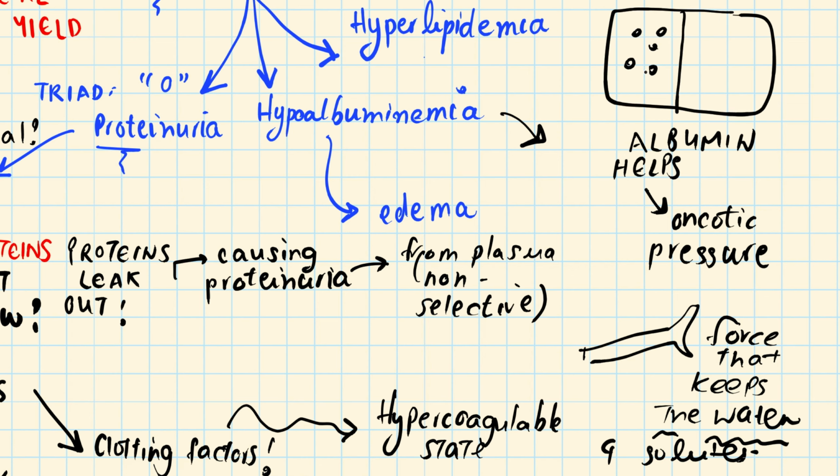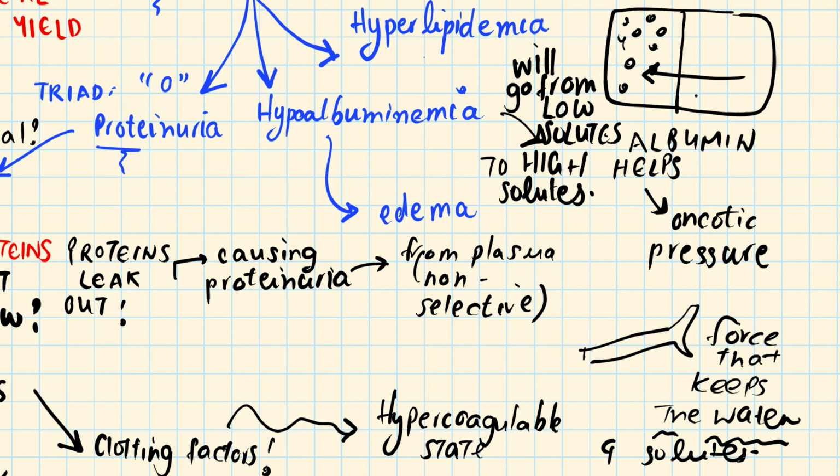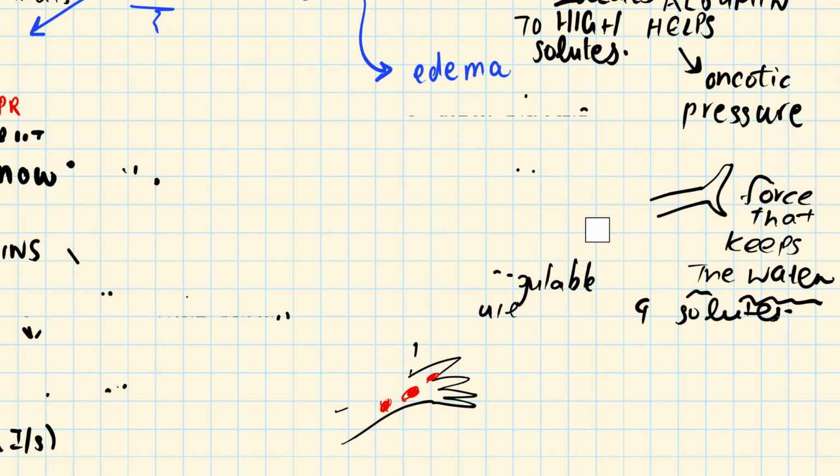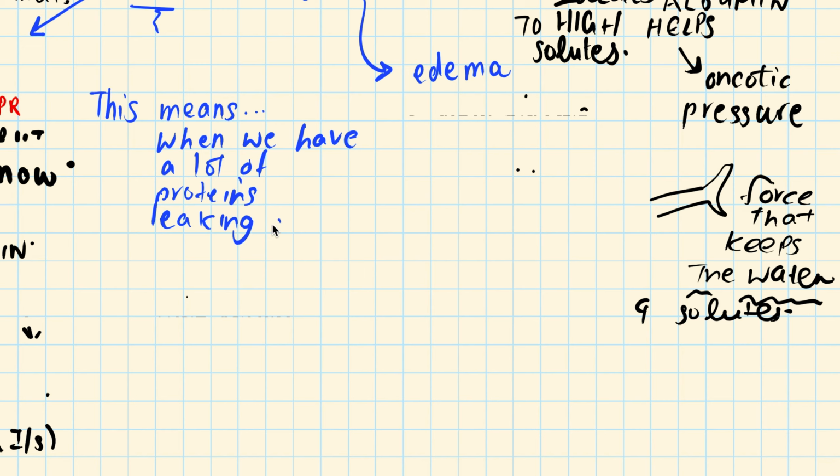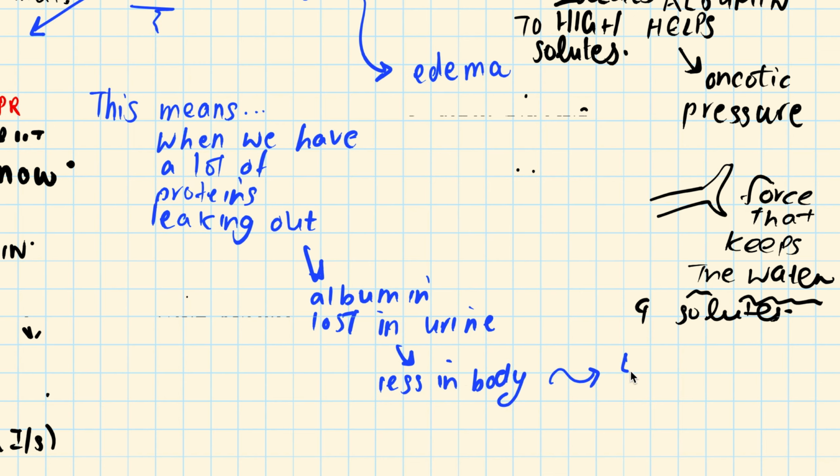Remember, our body can be divided into two compartments, and whenever the fluid flows, it flows from a low solute to a high solute area. And when you lose that albumin, that fluid will just flow into the interstitium and cause edema. So this means whenever our body is under normal physiological functioning and under abnormal pathological functioning, we then have a lot of proteins leaking out, albumin is getting lost in the urine, and it's less in the body. Lowered oncotic pressure,